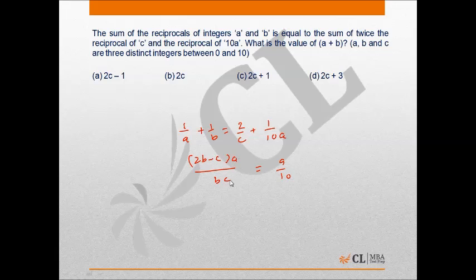it becomes obvious that the value of bc has to be a multiple of 10, and it is also known that b and c are single digit natural numbers, so only those values can bc assume that can be expressed as a product of two natural numbers that are less than 10. So let's check what are the possible values of bc.